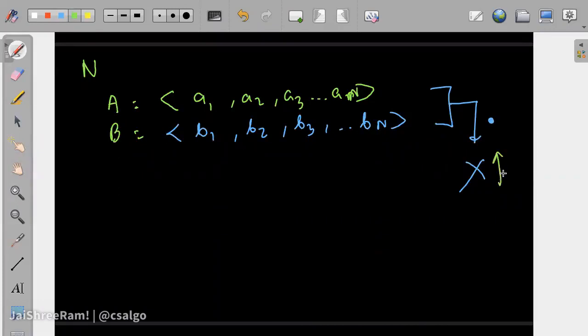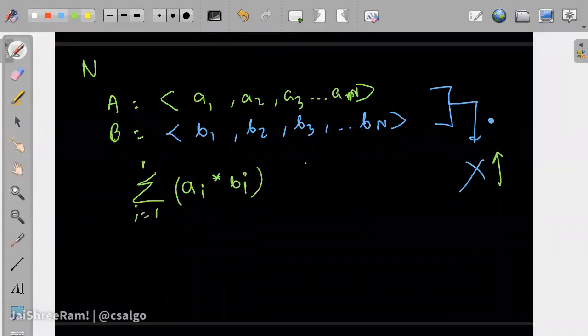So how would you arrange the vectors so that you get the maximum dot product of the two vectors, right? When I say dot product, once you permute them, it's basically the sum of the product of ai and bi, summed over i equal to 1 to n. So this is the dot product. Let's say there are only positive numbers.